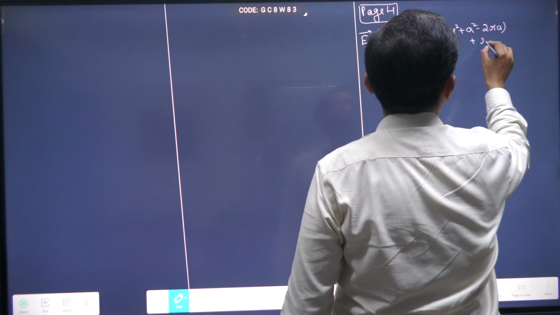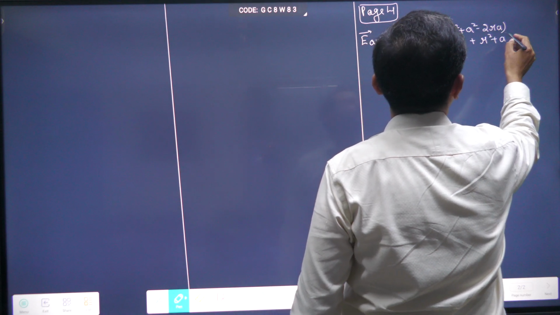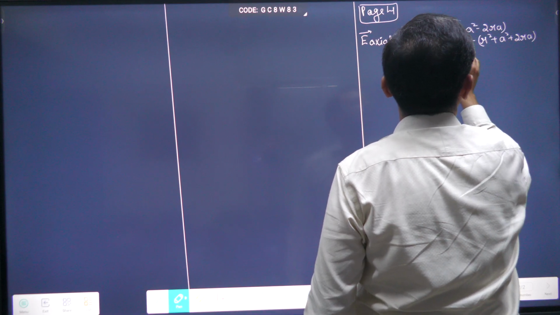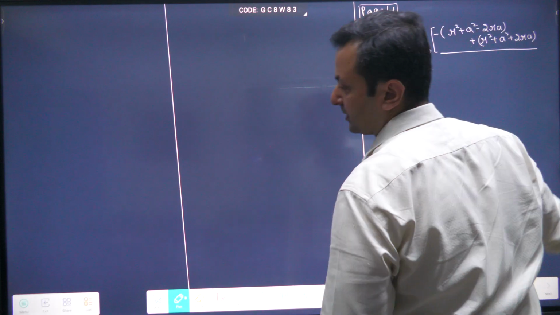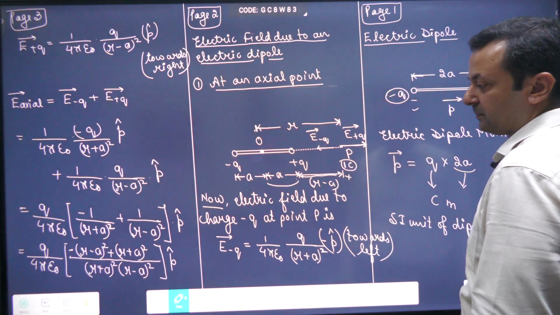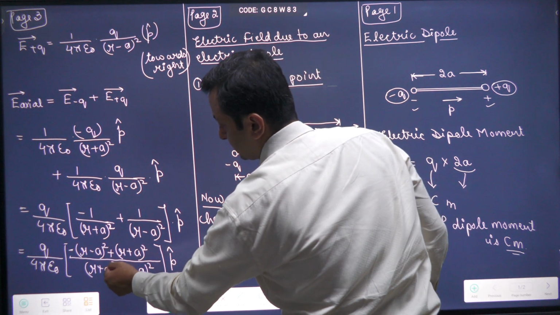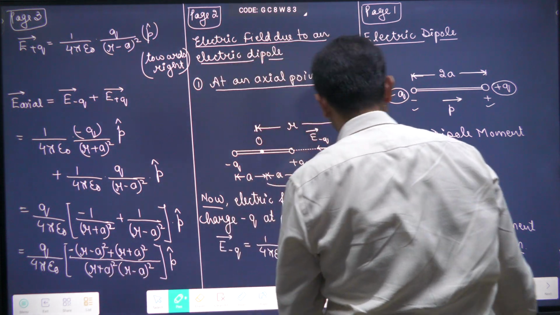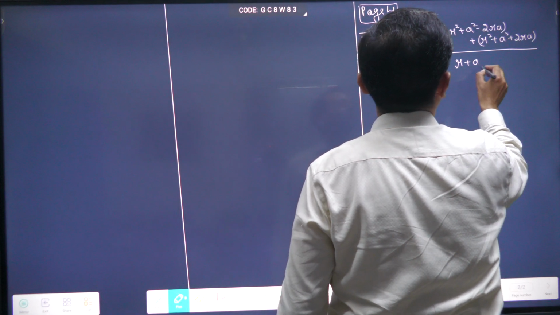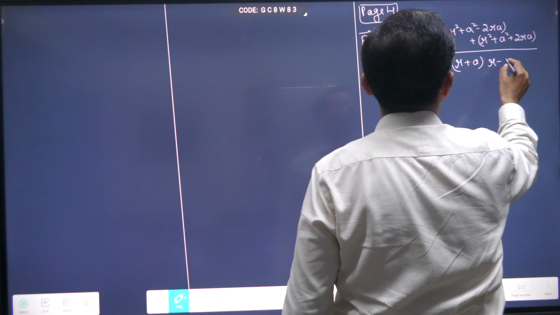So plus r square plus a square plus 2ra. A square plus b square plus 2ab, and a square plus b square minus 2ab. That identity we have used it here. Now r plus a's whole square into r minus a's whole square. So we will write it like this: r plus a into r minus a